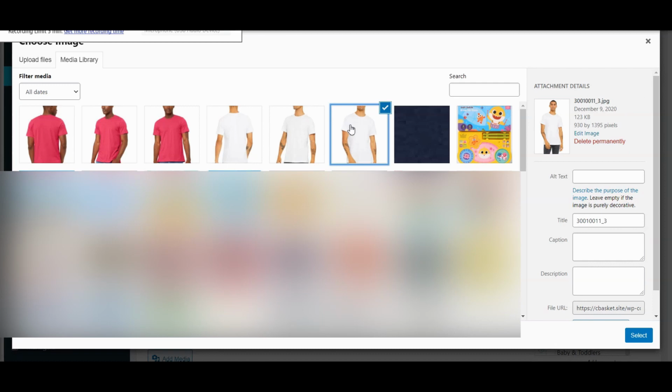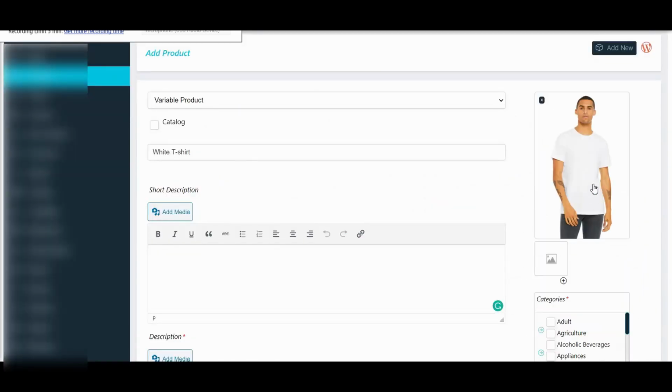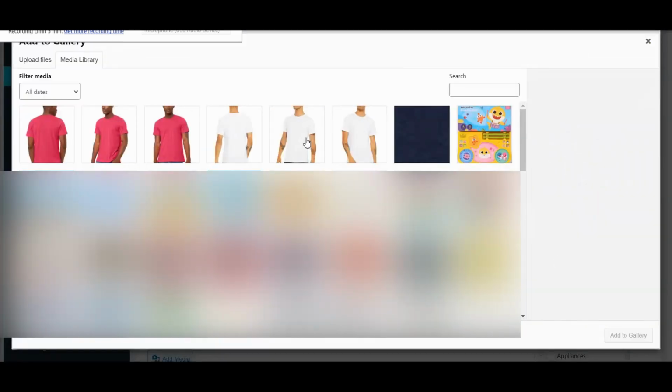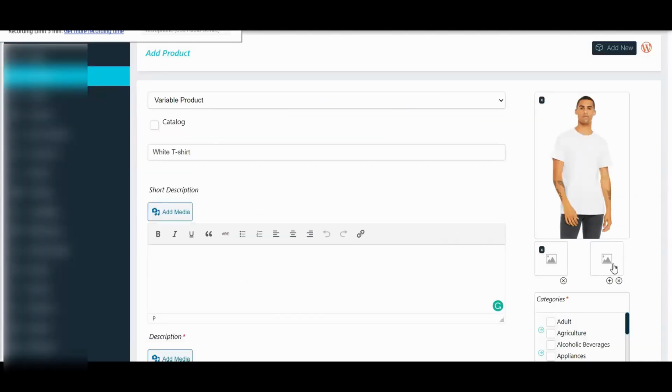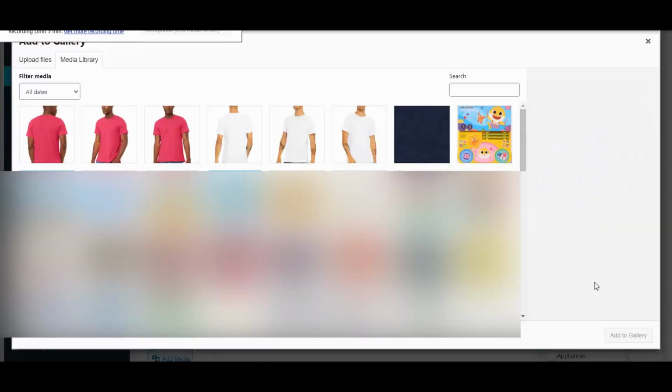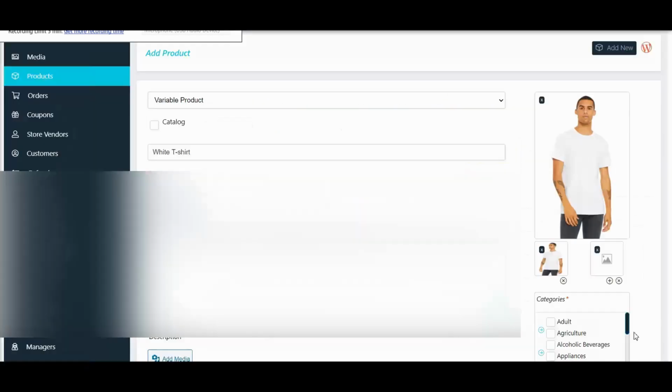Okay, so once all the photos are uploaded, I will select the one that I want as my featured photo. I like this one, so this is going to be the featured photo. Right, and you can add more photos here, which I will add this one, and then I'll add this one. Alright,